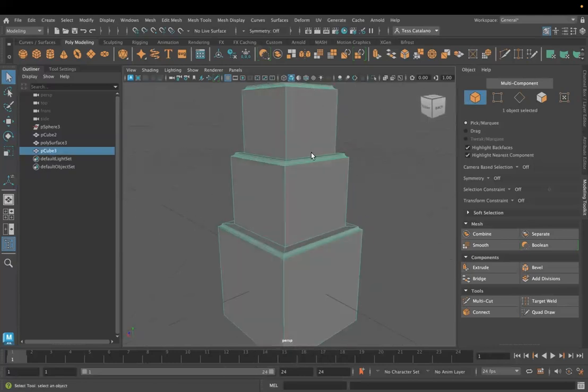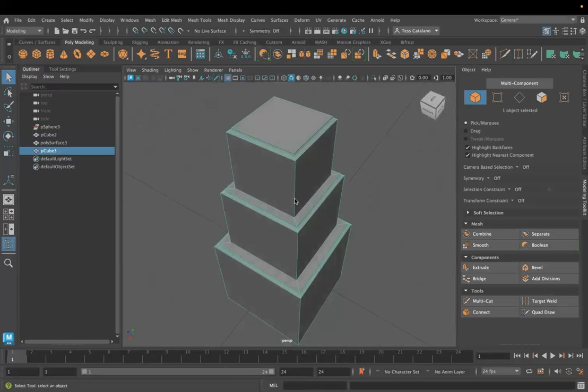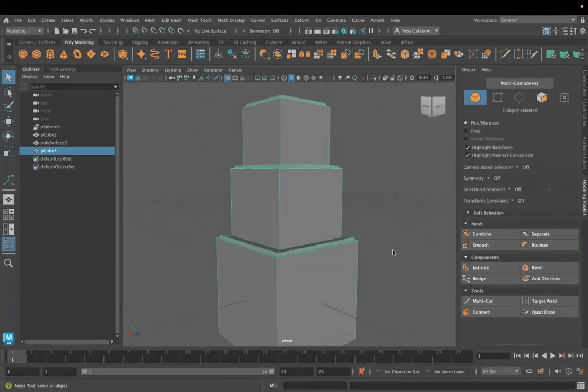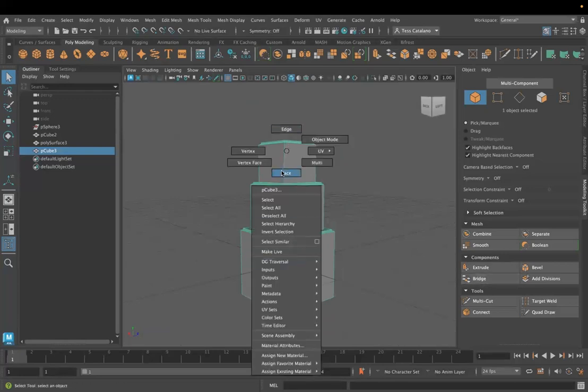Using bevel might help, if you're generating some kind of furniture or something, you might want to use this bevel tool. The bridge tool allows you to,